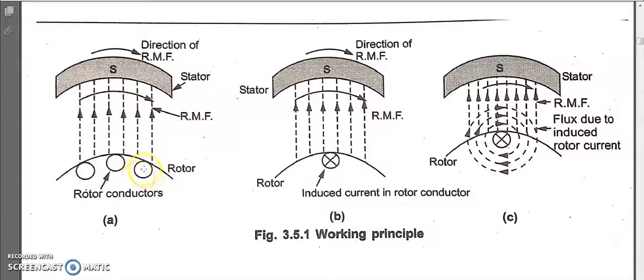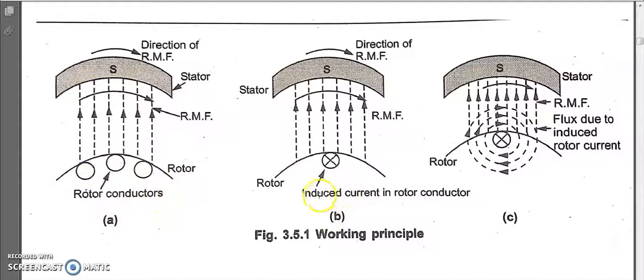Okay, so whenever the flux flows through the conductors, these conductors will experience a certain force over them. How does this force occur? Because these conductors are placed inside the field, and we know that as per Faraday's electromagnetic induction, whenever a current carrying conductor is placed inside the field, it experiences a certain force. The same thing happens here. So EMF will get induced in the rotor conductors, and this EMF will set up a short circuit current in the rotor part.